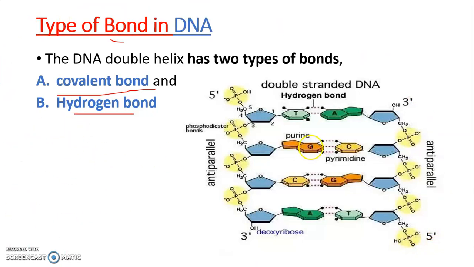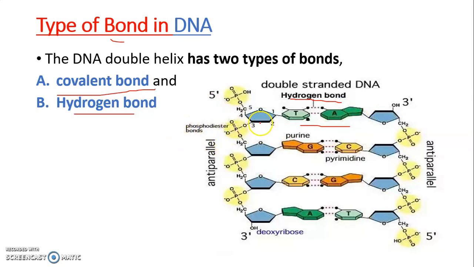In this DNA you can see the phosphate molecule, the pentose sugar, and the nitrogen base. This is the 5' to 3' chain, and in front of it is another polynucleotide chain, the 3' to 5' chain. This is the opposite or anti-parallel chain. Here are the pentose sugar, the phosphate molecule, and the nitrogen base. Those two nitrogen bases of opposite polynucleotide chains are connected by one specific bond, the hydrogen bond. And the other is the phosphodiester bond.